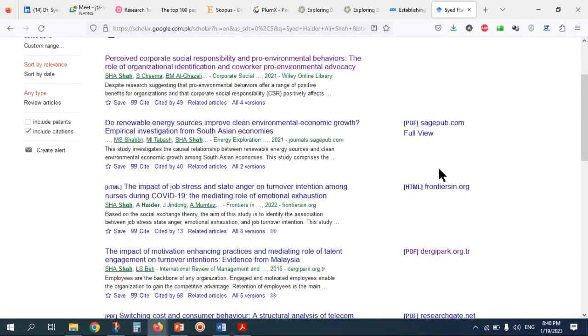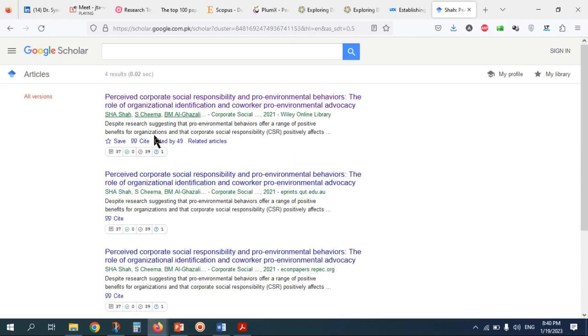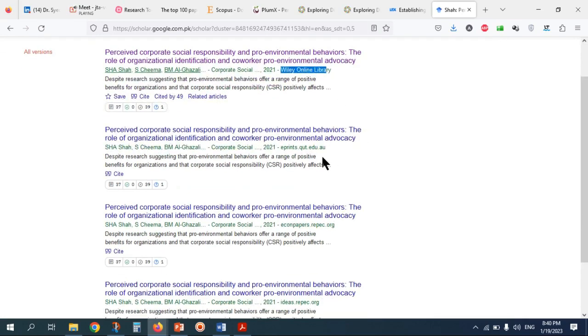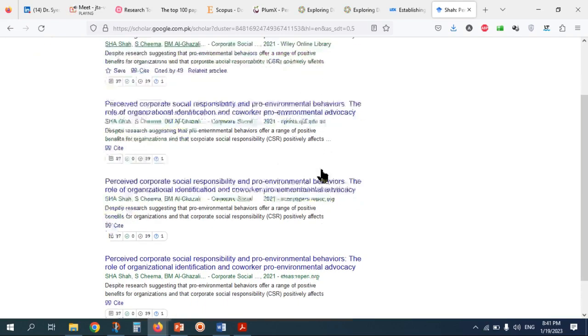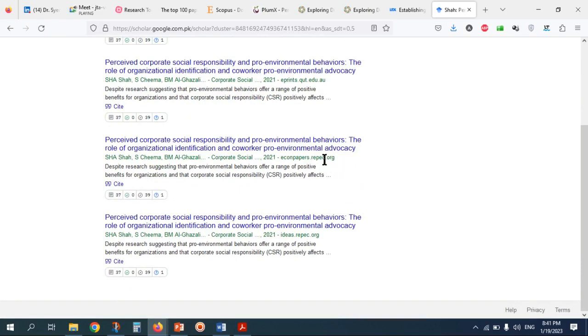I show you the number of versions is coming from different repositories. This is from the main publisher. Somebody uploaded from an Australian university, very good, on e-prints. This one also may come from the main publisher.